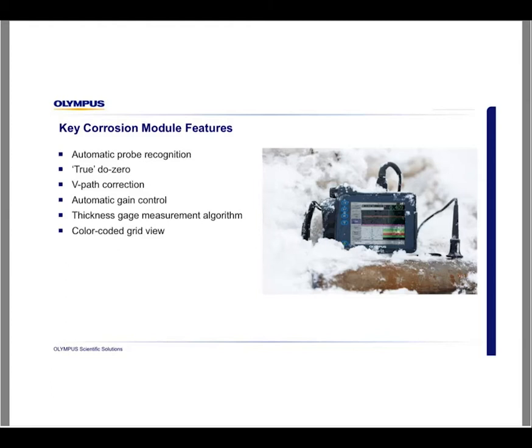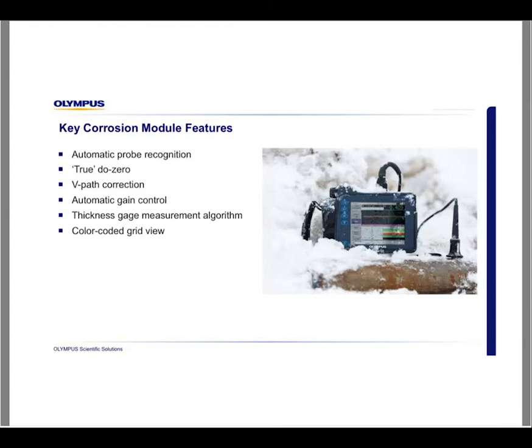We've included an automatic gain control function that automatically detects your leading edge signal and optimizes that signal height for precise and reproducible thickness measurement. So you can repeatedly take thickness measurements at different depths, and you don't have to adjust your gain level. You're going to consistently get a solid leading edge for a back wall, and you can get a precise and